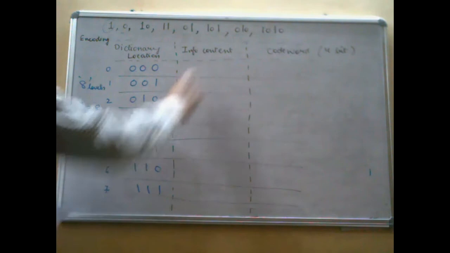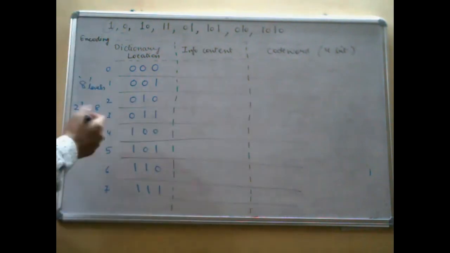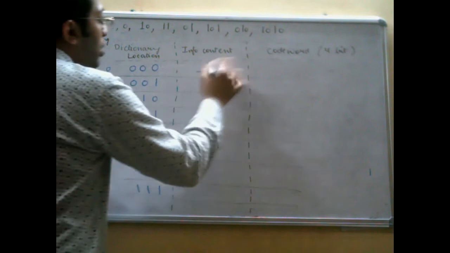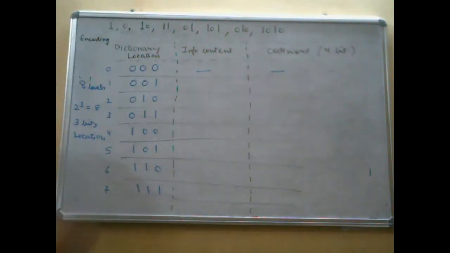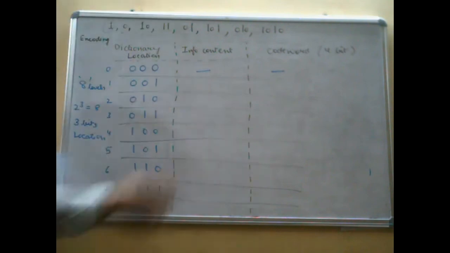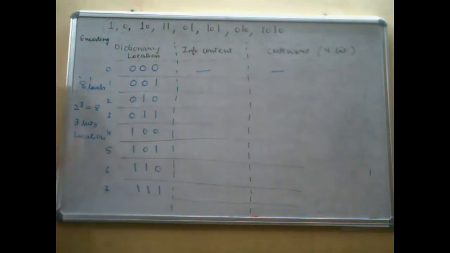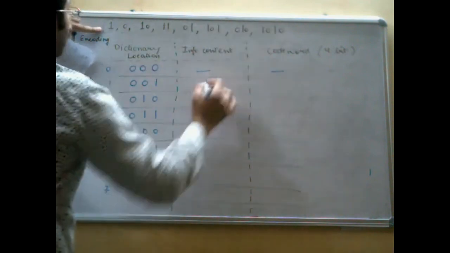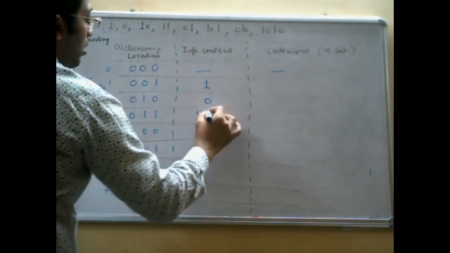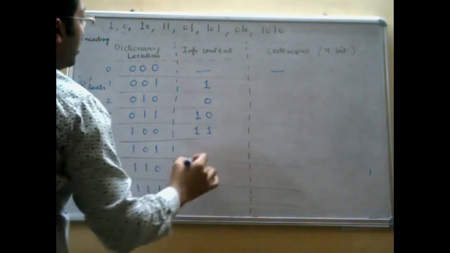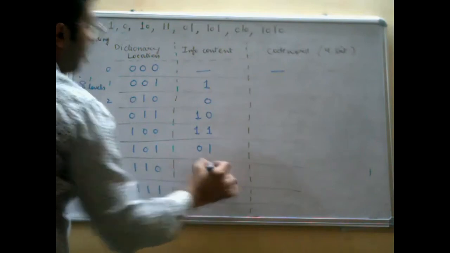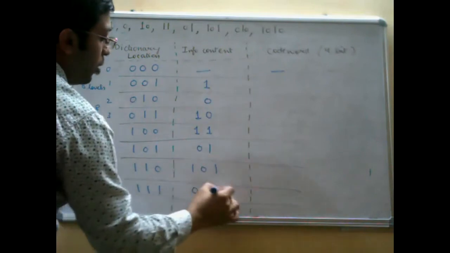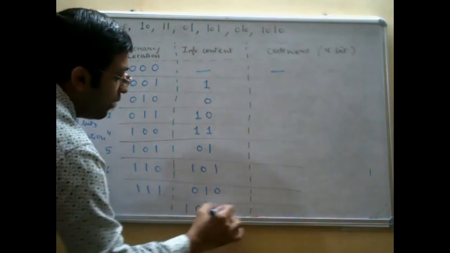Now, see over here in information content, how will you write this? First, information content for 000, you will leave it blank, because this will be used only for reference purposes, for helping in finding out the starting code words. We will not start with this one. The first will be kept empty. It will not be taken. Now, for 001, start writing the information content. Start from here. This is 1, 0, 1, 0, 1, 1, 0, 1, 1, 0, 1, 0, 1, 0 and 1, 0, 1, 0.